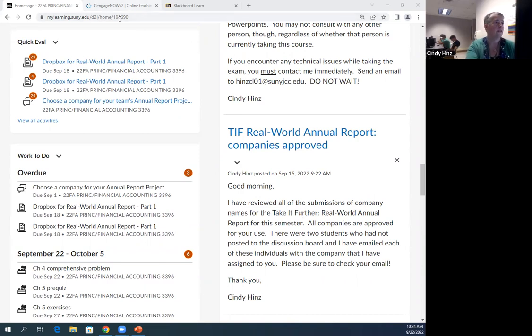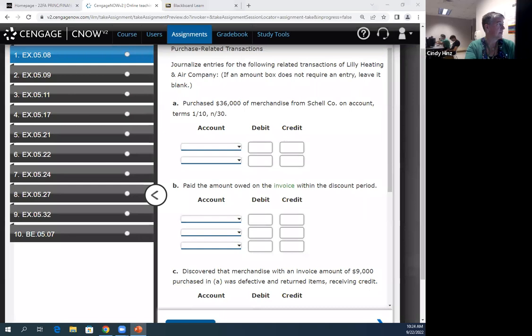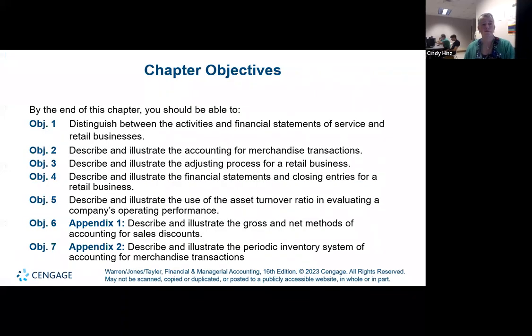Okay. So I realized after class that there was something that I should have mentioned. And so I'm just going to pop the learning objectives back up on the screen for a moment. So one thing that I should have, if we had more time, covered, just mentioned briefly, is what you see on this slide. It's objective 7. Now, I know I told you we don't cover the appendices, and that's definitely true. We do not really cover the appendices. However,